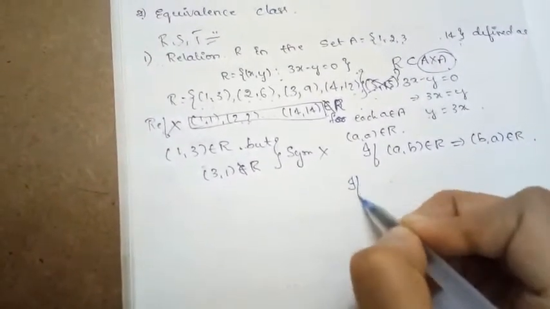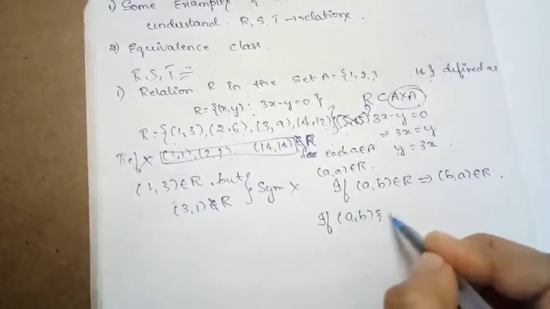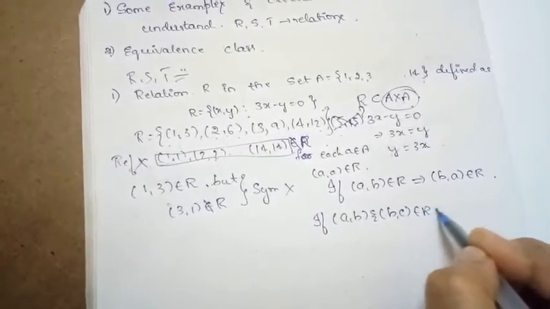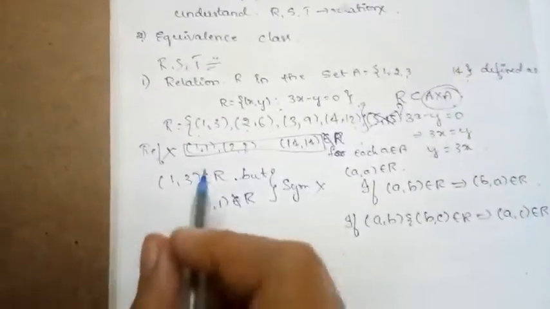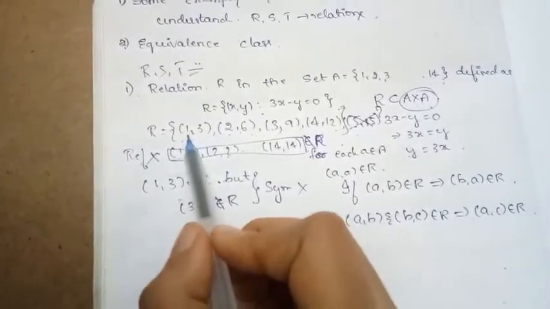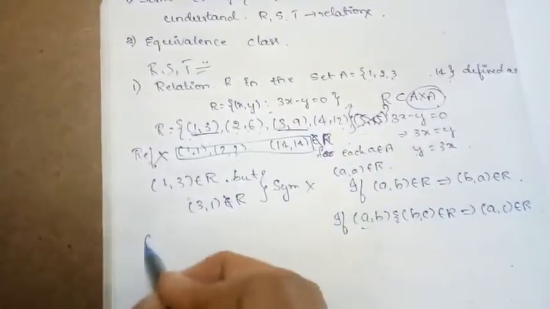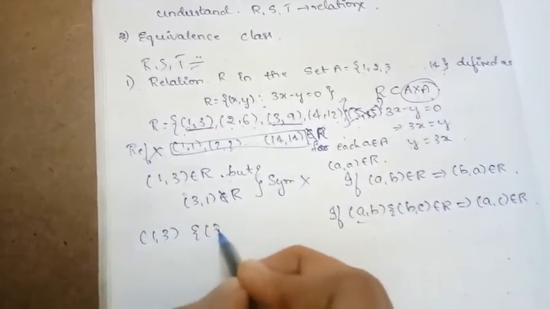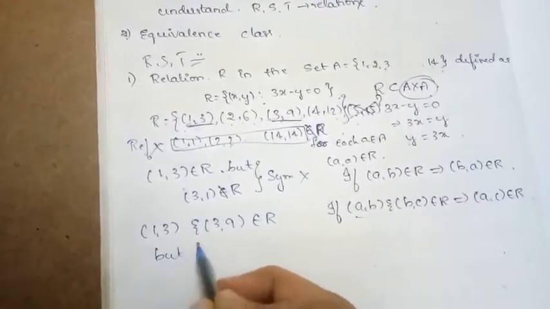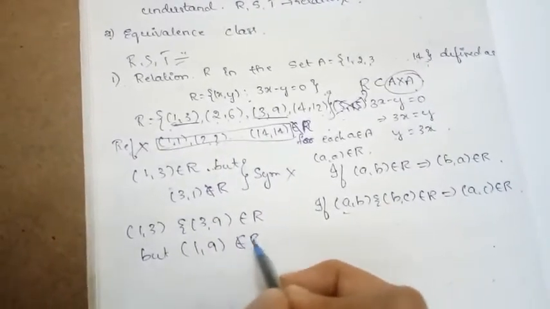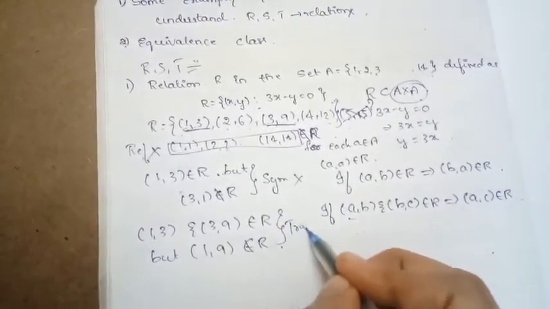Now checking for the transitivity. What does transitive relation say? That is nothing but if (a, b) and (b, c) belong to R, then what does that imply? (a, c) also should belong to R. Now you can see here whether there is any element in this form. Yes, we have these two elements, (1, 3) and (3, 9), both belonging to the relation R. But (1, 9) is not belonging to the relation because (1, 9) is not there. So this is not at all transitive.